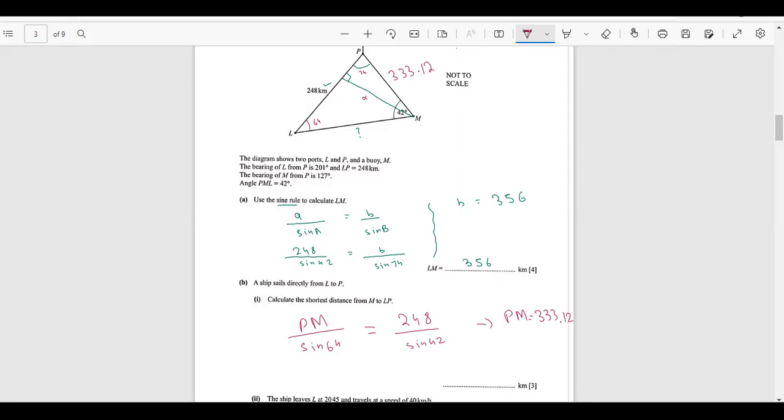Okay, we have the hypotenuse side. We are looking for the perpendicular one. So we can do it this way. Sine theta equals perpendicular over hypotenuse. Okay. So this would give me,